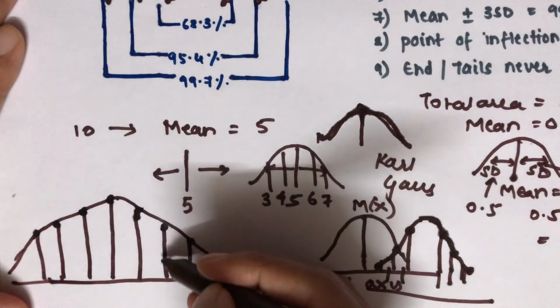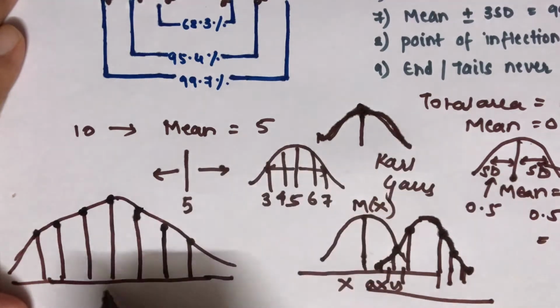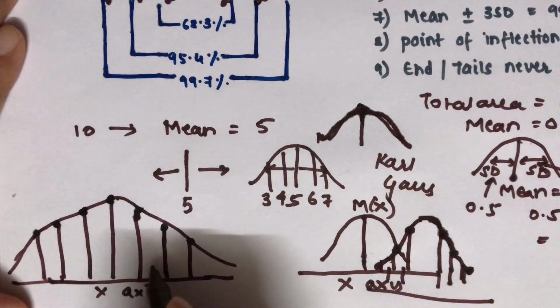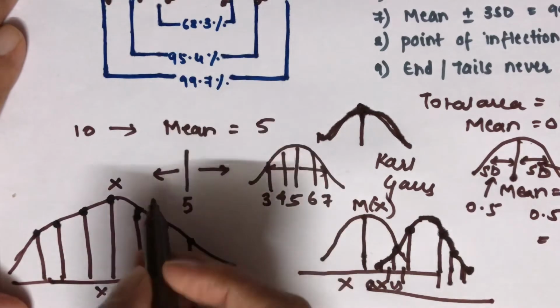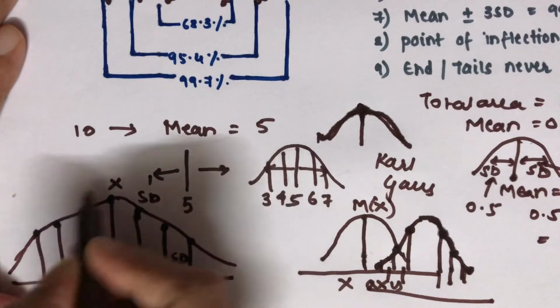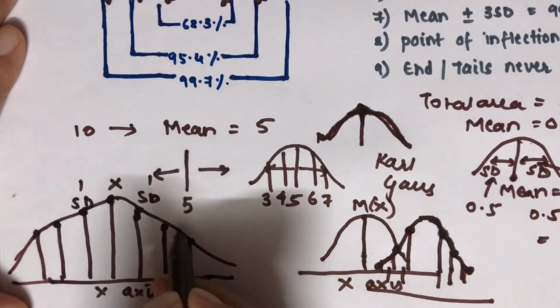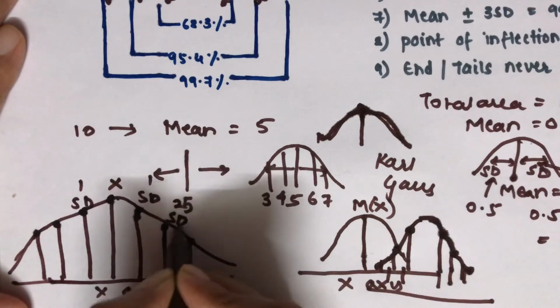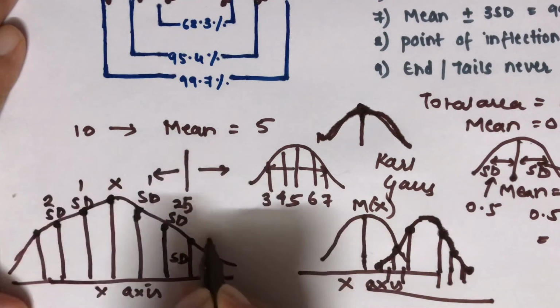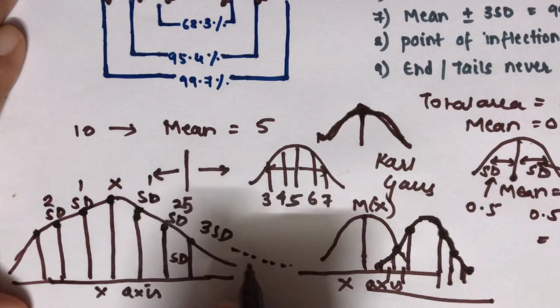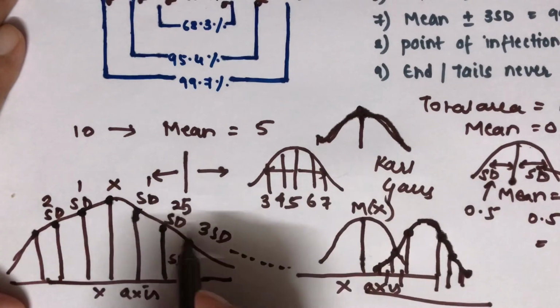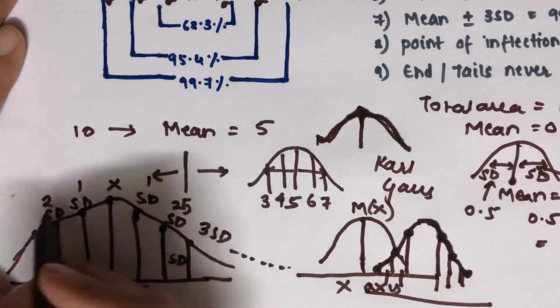So now when you have drawn your perpendicular line towards the x-axis, these lines are nothing but the standard deviation. So this is your mean. So this becomes the standard deviation, one standard deviation. The other line adjacent to it is 2 standard deviation. And the adjacent line is 3 standard deviation, and so it goes on, that is 4, 5, 6 SDs. So now what is this one on either side of it?